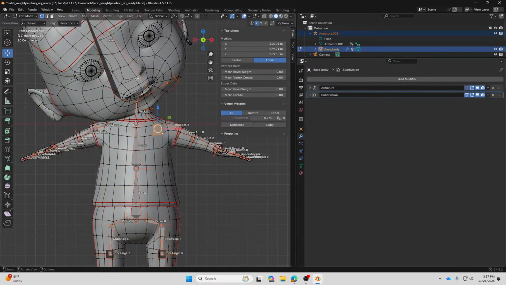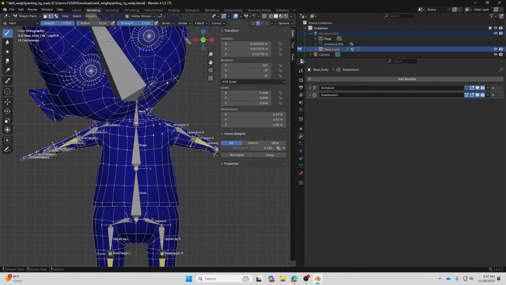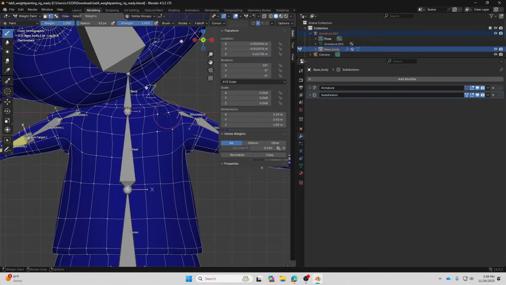Symmetry on the x-axis, and if you go to bone first and then mesh weight paint, if you paint on one side, the z-axis, sorry, I have to flip it on the x-axis, yes.